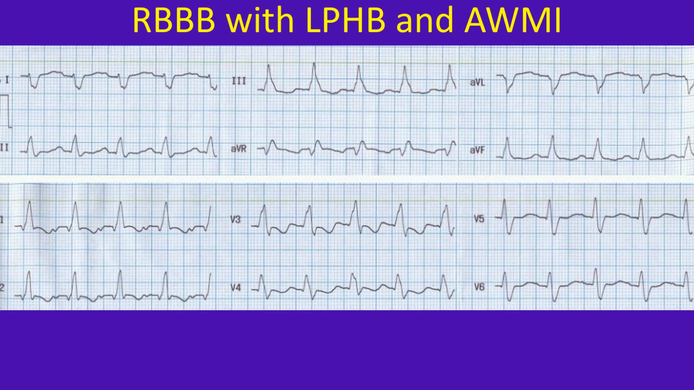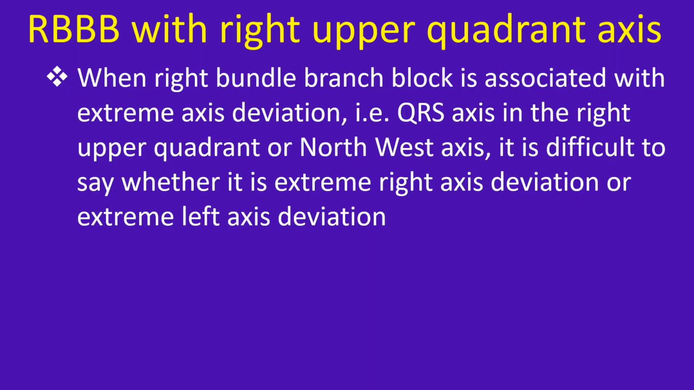The combination of left posterior hemiblock with RBBB carries a still worse outcome. The very wide QRS for an RBBB in this case also indicates more extensive myocardial damage. The T-wave inversion in leads V1 to V3 could be explained either by the old myocardial infarction or by the right bundle branch block. When right bundle branch block is associated with extreme axis deviation, that is, QRS axis in